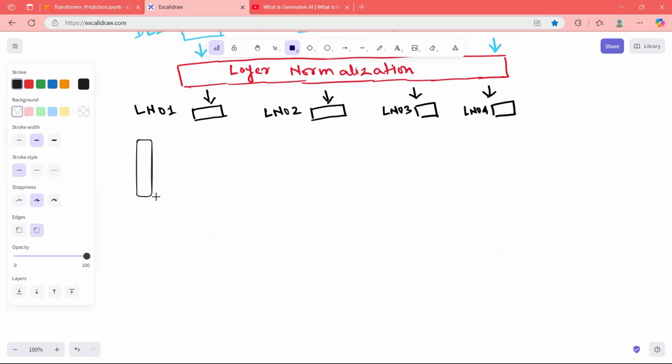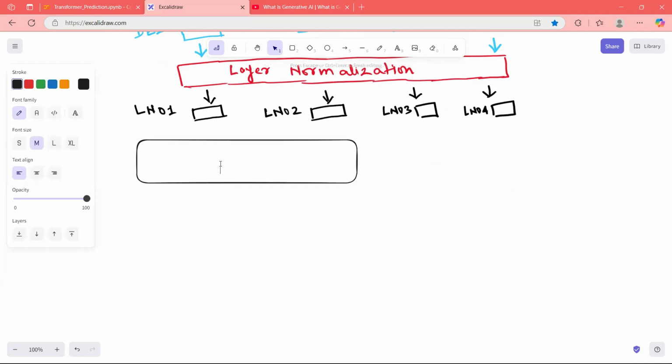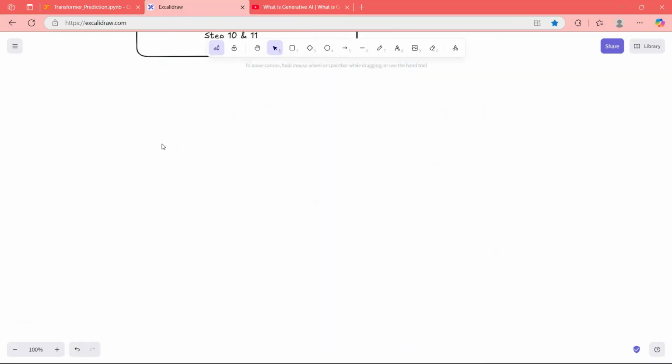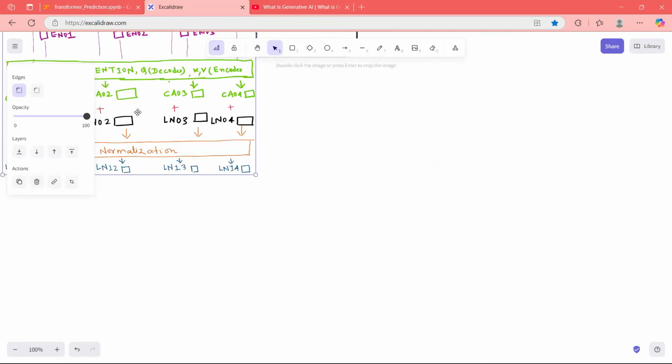So let me write here step 10 and 11. If I have to represent step 10 and 11, how can I represent? I can simply, by some way, I have to say that it is a cross attention, encoder output is coming here. And that is what I'm going to do through this image. So if you see this image, right,